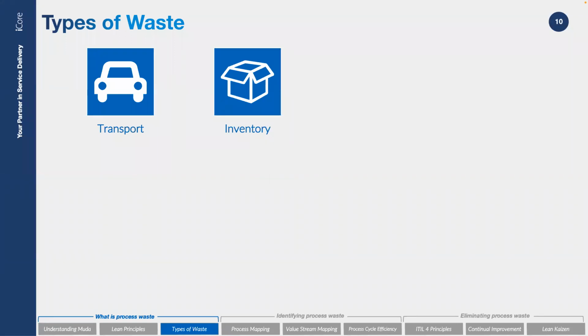This refers to any unnecessary inventory, work in progress that is not being used or is not necessary for the process. Things that we're doing that we don't need to do, in effect. In IT processes, inventory waste can occur when there's a backlog of work that is not being processed, or when there's a large amount of data that's not being used. We're just creating this. Think about the amount of reports that we create just because we always used to. But why? Does anyone even read them?